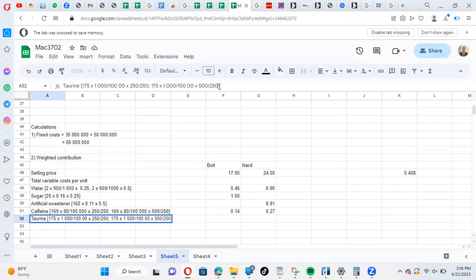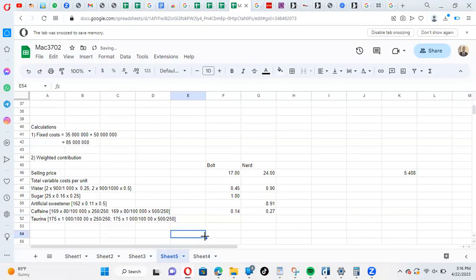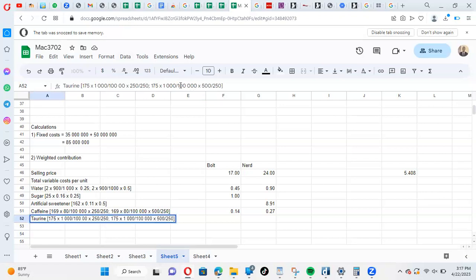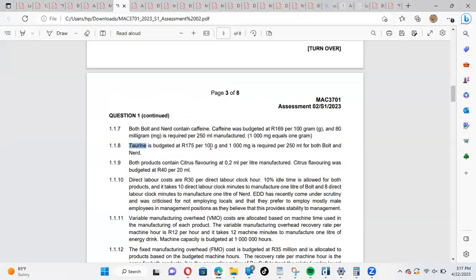I'm sorry, please explain to me why we are multiplying by 1,000, because I think this is 175 per 100 grams. 175 per 100 grams. Okay, I'm just going to recheck that. Sorry, let me add some zeros here. And then, okay, we are on this one. All right, so